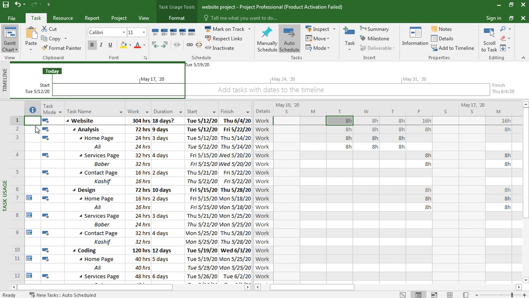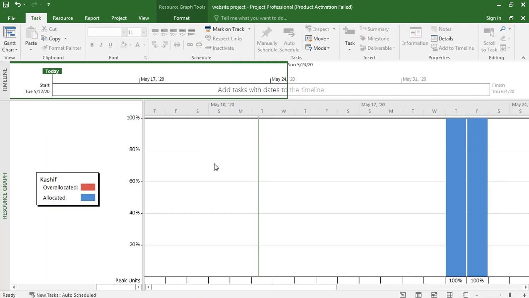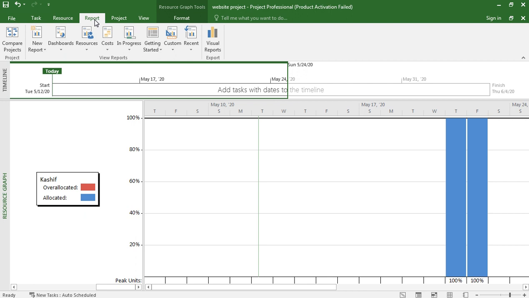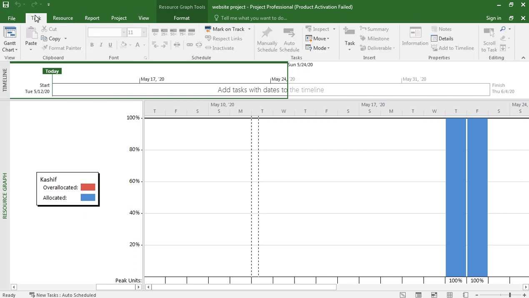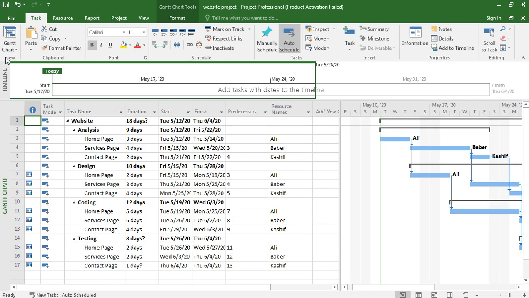Now if you go here and see the task usage, this is task usage, 8 hours, 16 hours, showing how many hours of work. So this is hours, this is duration.